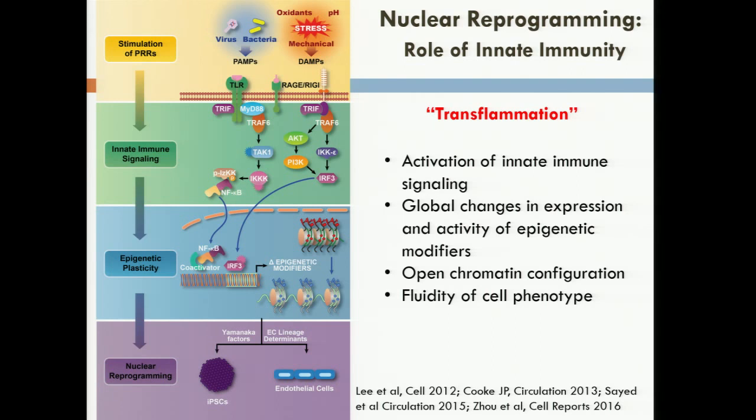And as you know, we've termed this process by which innate immunity induces epigenetic plasticity, we call this transflammation. So this is a process we first described in a Cell paper in 2012. We find that pattern recognition receptors on the cell can respond, of course, to pathogen-associated molecular patterns and damage-associated molecular patterns,